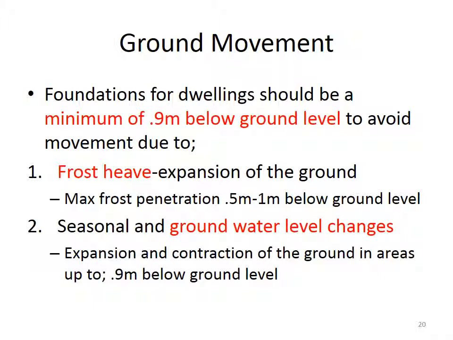Number 2 there, another reason why we dig down that deep is for seasonal and groundwater level changes. So these can change throughout the year. And of course, more moisture means expansion, less moisture, contraction of the ground. Expansion and contraction of the ground in areas of up to 0.9 meters below ground level. So again, down below 0.9 meters, the water table usually stays fairly stable there, but shallower than that,